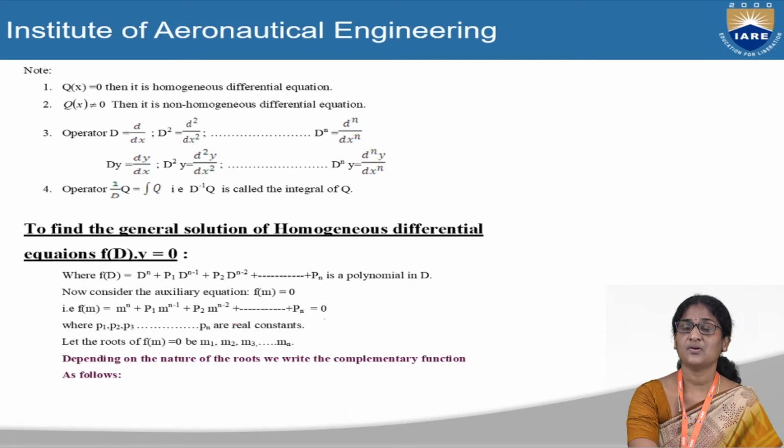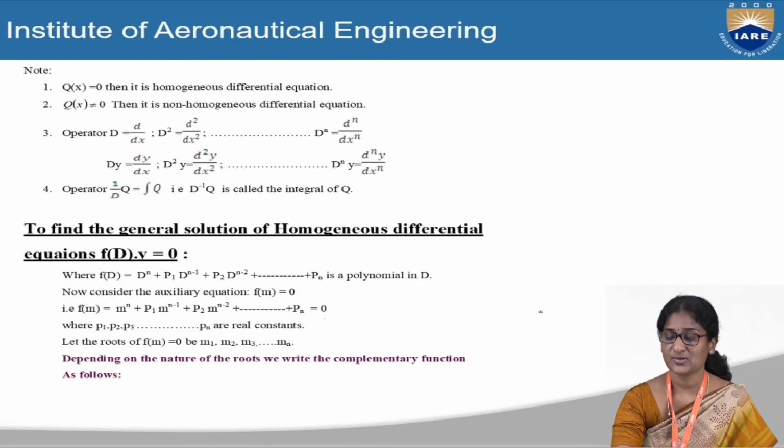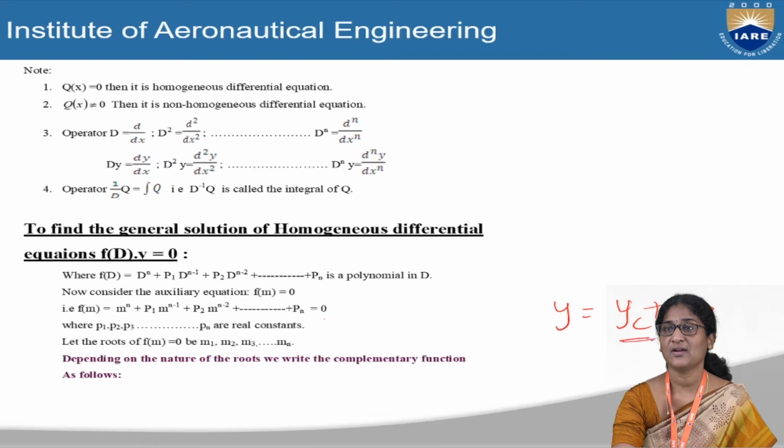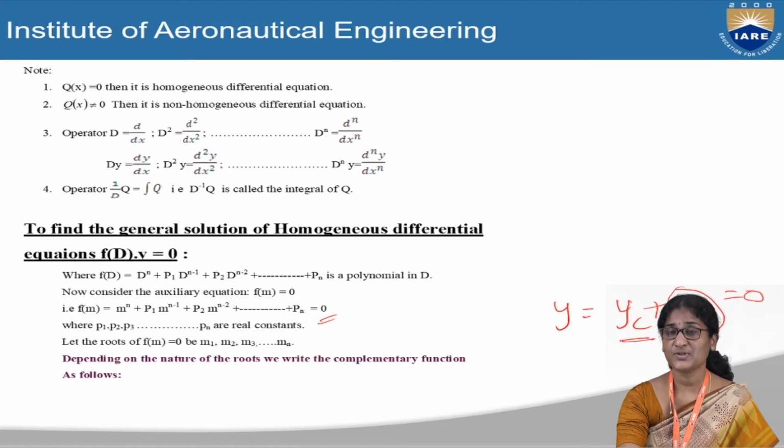And how to solve the homogeneous differential equation? Today we are going to learn how to solve it. For the non-homogeneous differential equation, the solution consists of two parts, that is the complementary function and the particular integral. Solution: y is equal to the complementary function plus the particular integral. For a homogeneous differential equation, you have only the yc part, and the yp part will be equal to 0, since you don't have any q value over here. So for all the examples which I am going to take today, we have only the yc part.